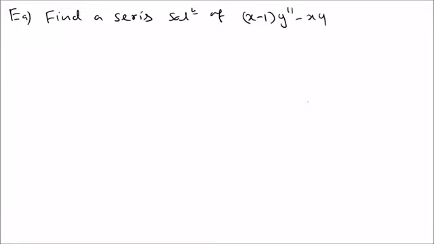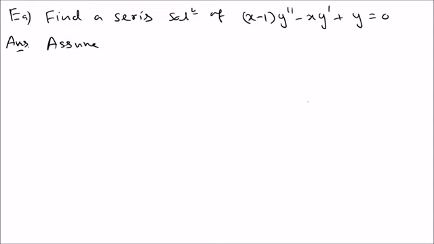So the next example, again: find a series solution of x minus 1 times y double prime, minus x y prime, plus y equals 0. That is the differential equation we're going to solve. The same idea, but this is second order, so it doesn't really matter. The only thing is we need to take 2 derivatives. So we're going to assume